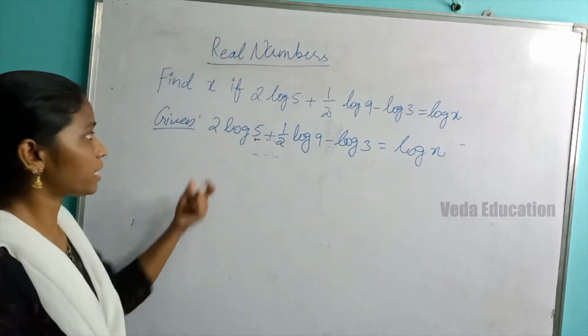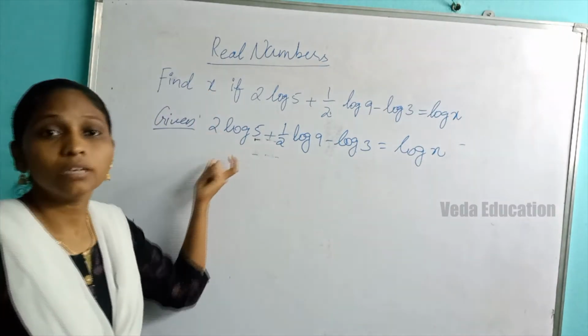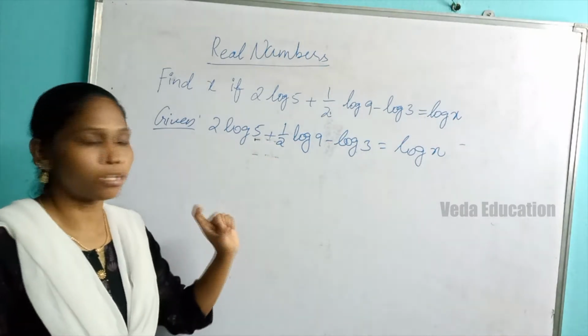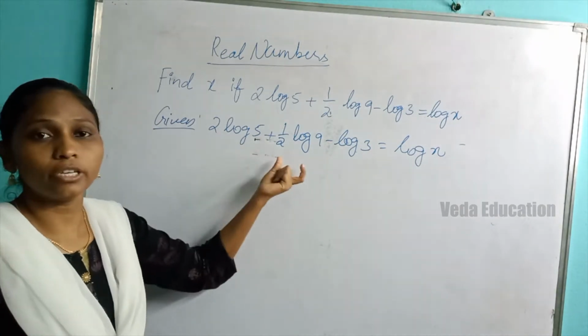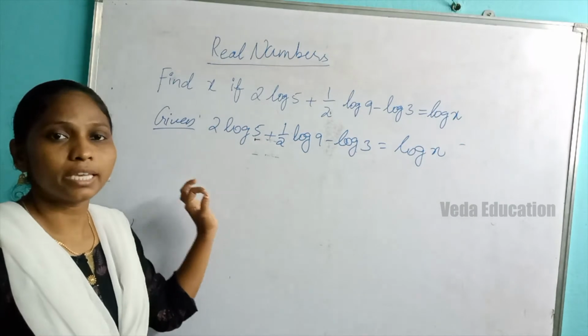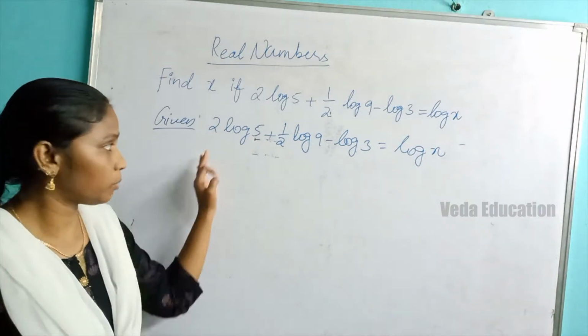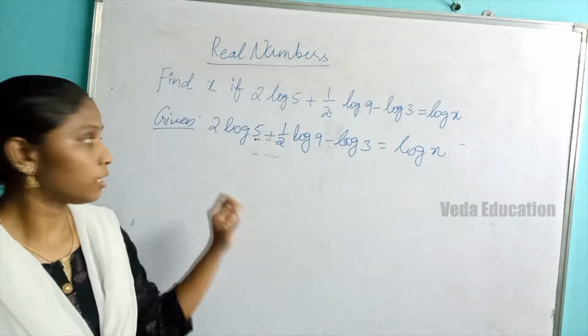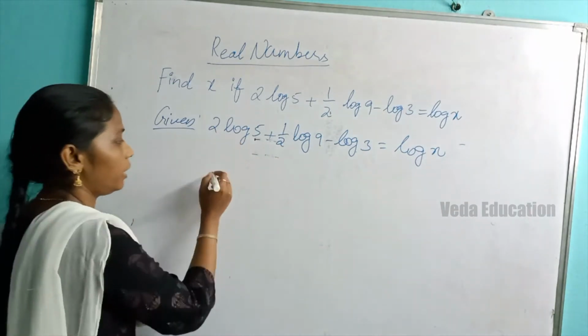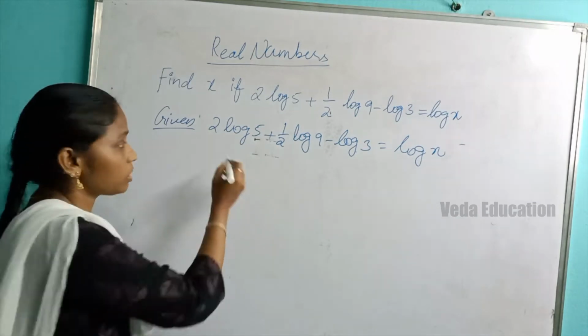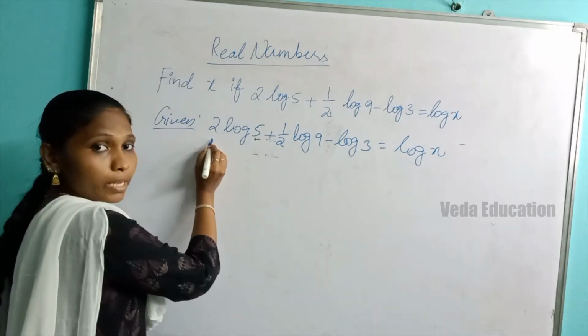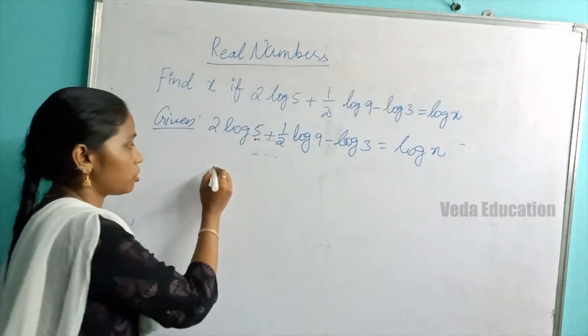So how to find out the x value? We land in a single logarithm. So first reduce this. Write in a single logarithm on both sides, LHS and RHS. We are going to reduce the logarithms and write in a single logarithm form. Now here, by using laws of logarithms, we have a number in front that is multiplying, so we can write it in exponential form.